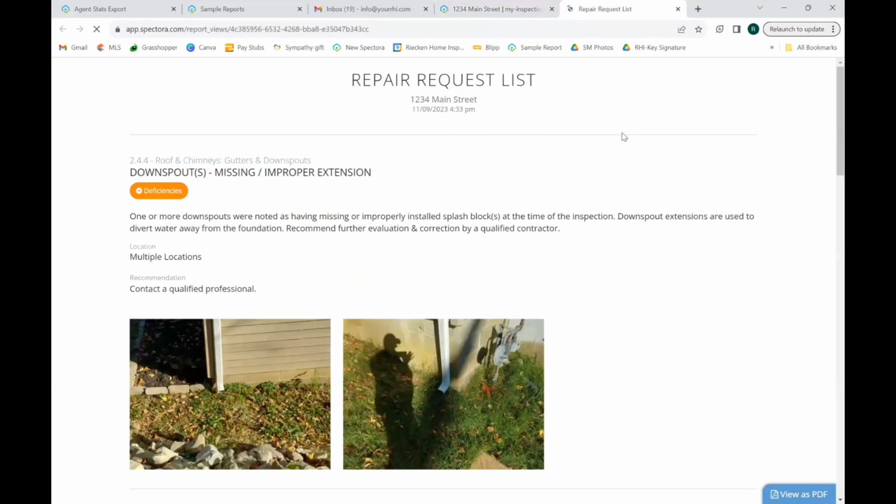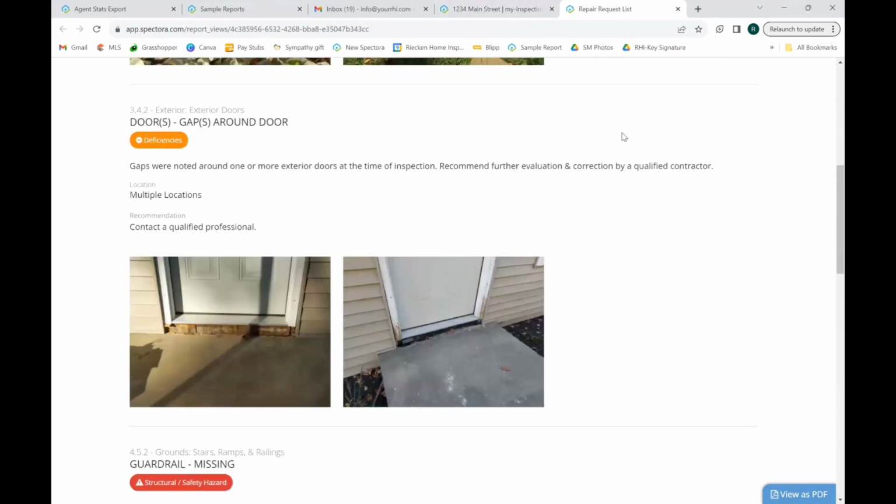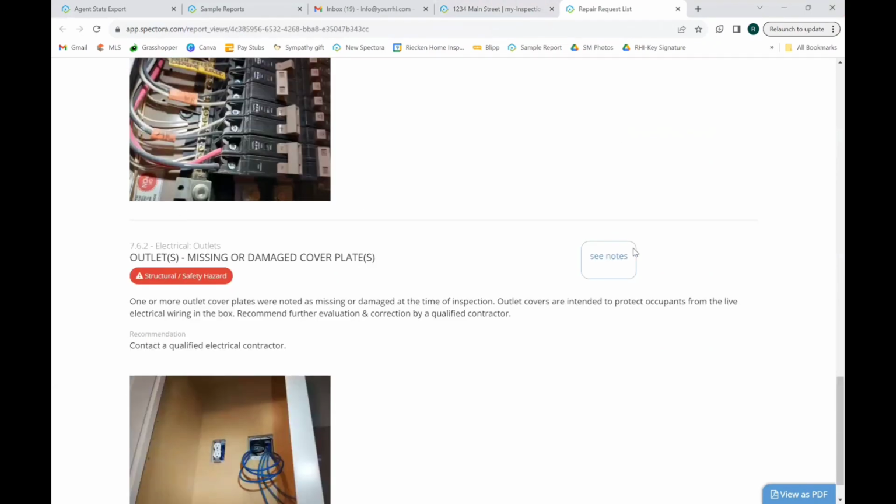Now we can go to preview. And I do want you to see this in preview form. This is basically our new summary report, and it pulls up all of the information from the other section. It just looks a little bit different, and you can see all of the pictures pull through on here as well. And remember that one we put see notes right here, you can see in this outlined box, that's where we wrote that. So if you add any notes, it adds it directly with that actual item of concern. So you'll have that. You can also view it as a PDF and save for electronic files,